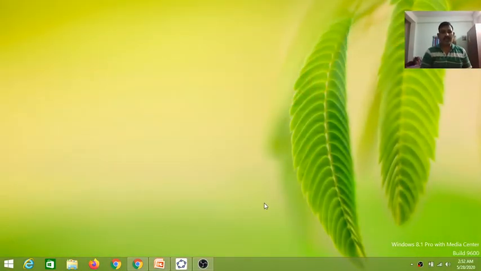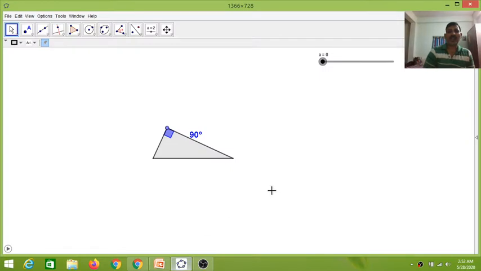Pythagoras theorem is one of the important theorems that we will see, and now we are going to discuss how to prove Pythagoras theorem. If we observe here, this is a right angle triangle, and in this right angle triangle we are considering